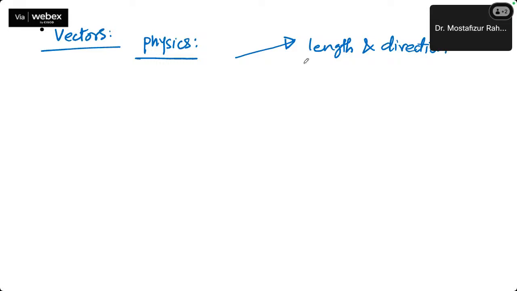And in general, in a plane, there are some 2D objects, right? So typically this kind of line, right? This has an associated length and a direction where it is placed in the coordinate system. So this is one definition we have learned, and the computer science students call vectors an